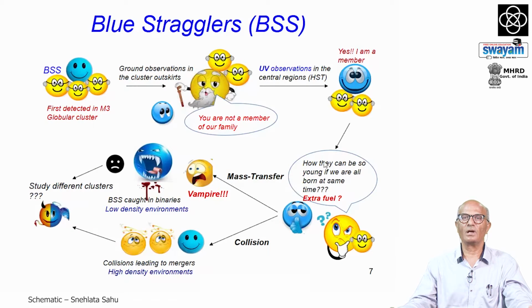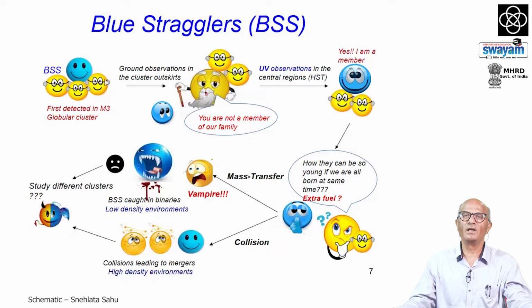In fact, this cartoon was prepared by one of our PhD students at IIA, Snehlata Sahu, and she has really put the entire problem of blue stragglers, the astrophysical questions which we are trying to understand. First, they were discovered by Sandage in globular cluster M3,